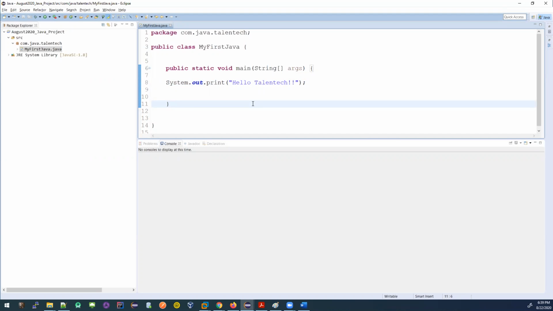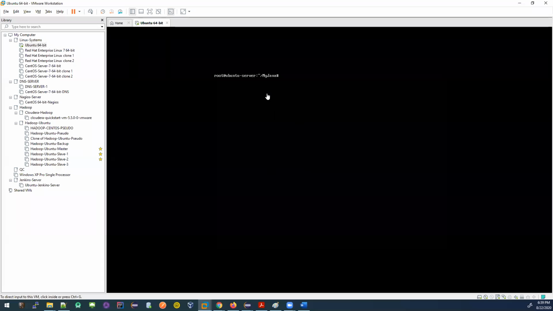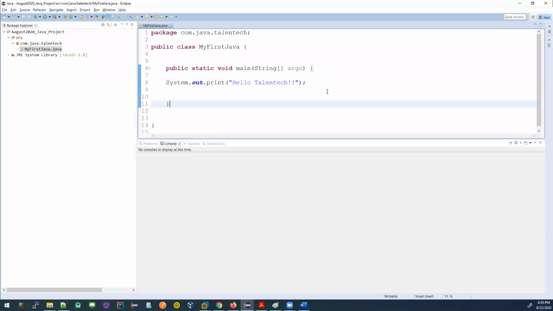Now, in the IDE, unlike the other thing that we did, I compiled it with javac, remember? Then I executed it with the java command. In the IDE, you are not doing that. This is very easy. You save it, you see the play button here, Run My Java First. If I click, it will create a class file, compile and execute right away. All of this is handled by the IDE. You don't have to wait for the class file. The IDE will execute javac, and then it will run the code right away.